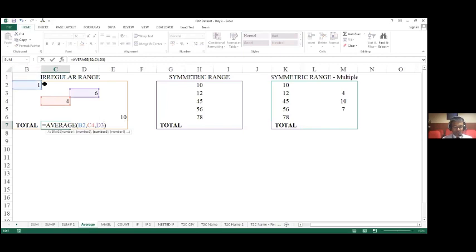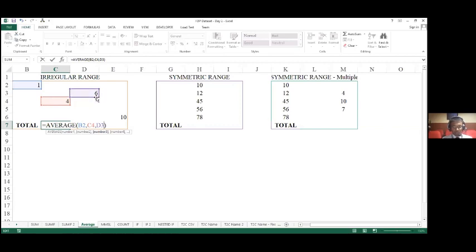B2 is highlighted in blue, and in my formula it is also highlighted in blue, so I can correlate the cell values. The second one is highlighted in red, and in my formula also in red, so it becomes easy to identify. This is why, when you type in formulas, Excel uses color codes.